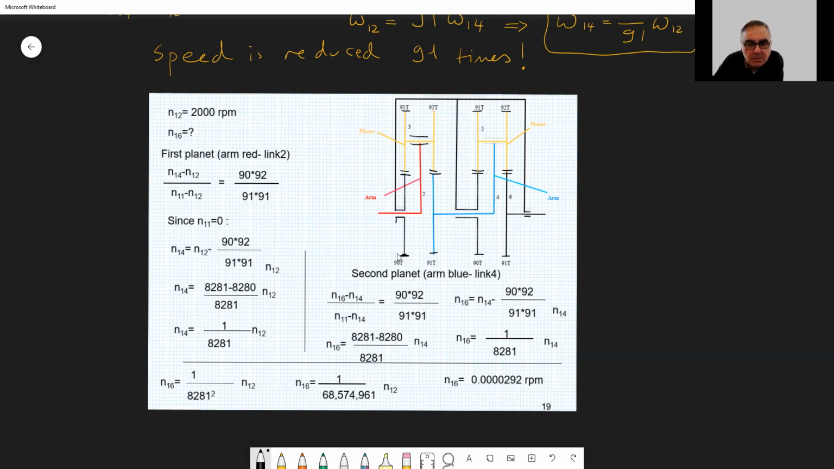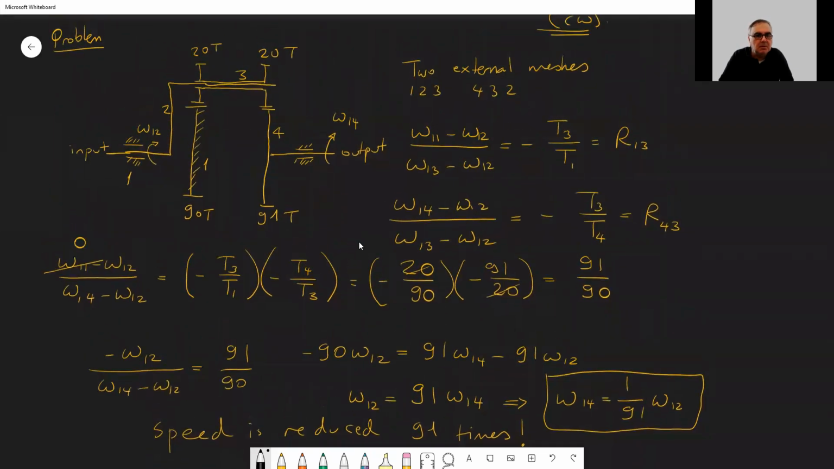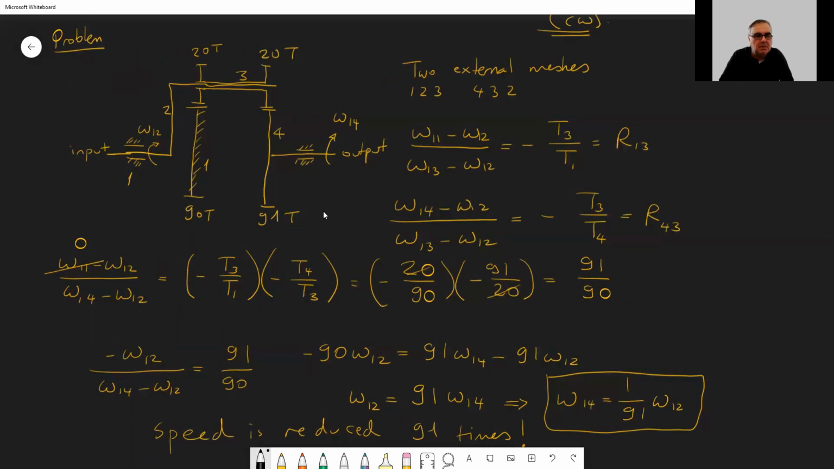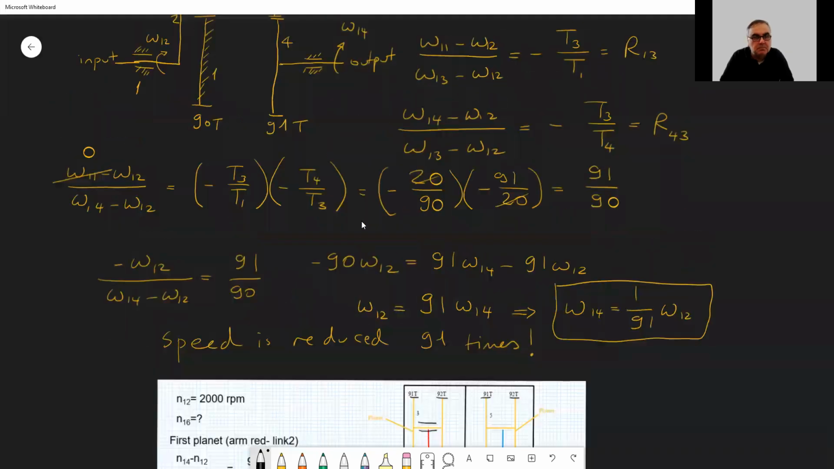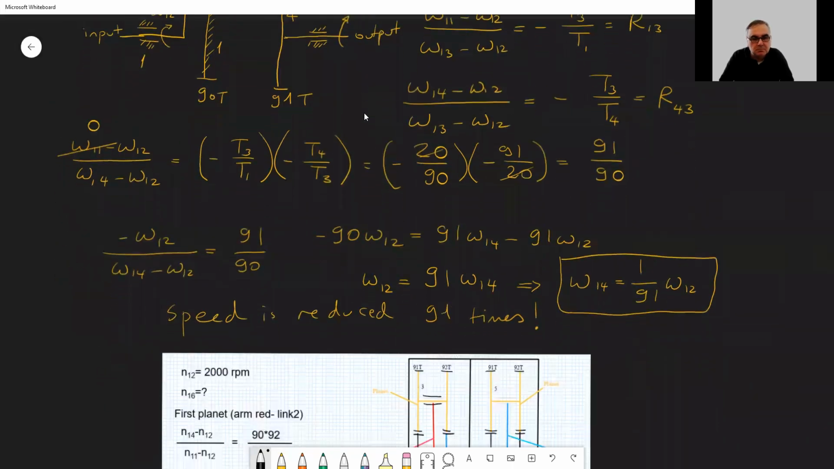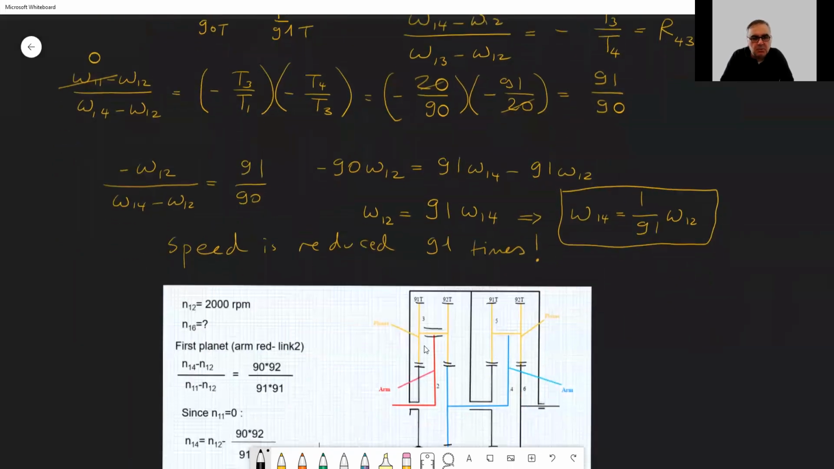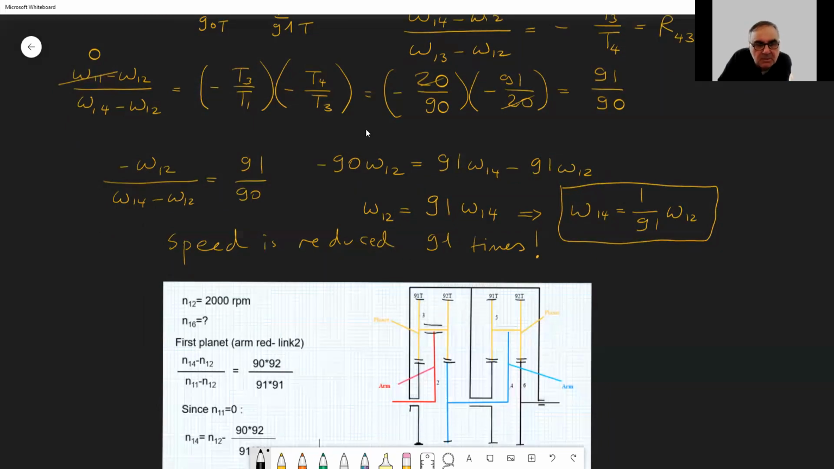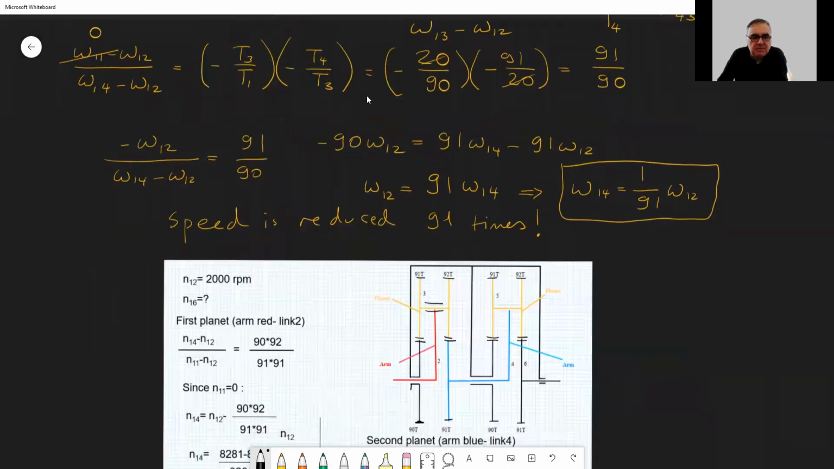90, 91, 92. In our case, what was it? 91, 92, 90, 91. Okay. So here we have 20 teeth. Here it has 91 and 92. That's a little bit different. Anyway,